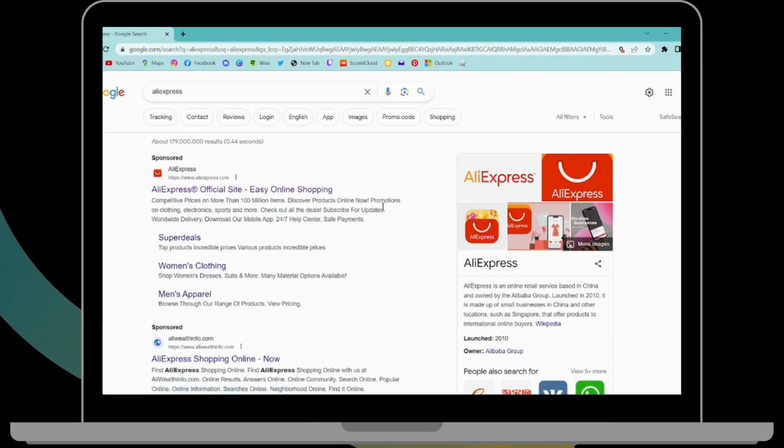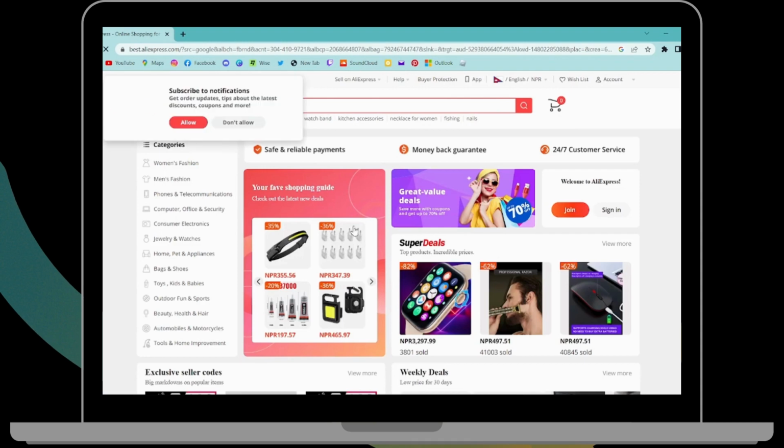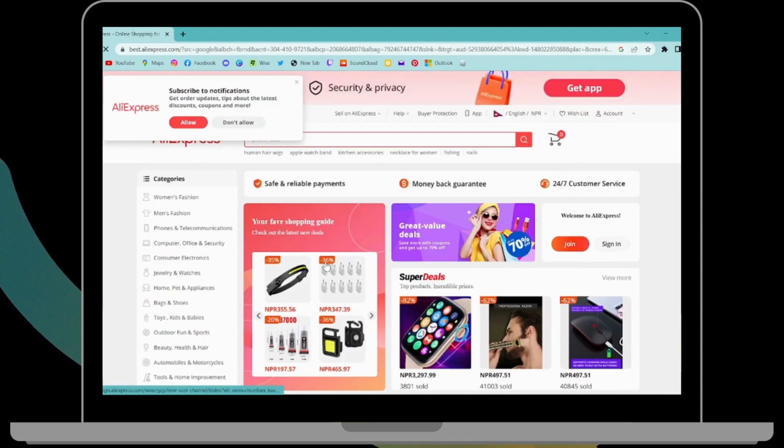And after searching, on the first search you will have www.aliexpress.com. Click on that. And now it will take you to the web page or the website. So now if you want to log in to your AliExpress account, then you can go to the upper right